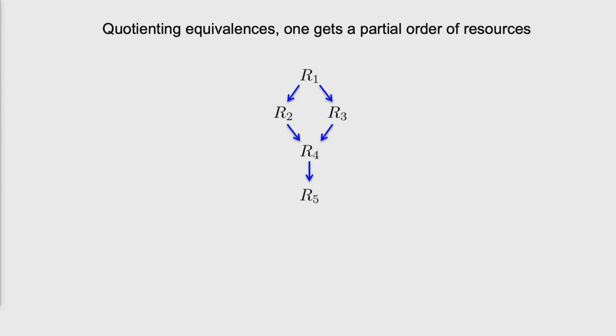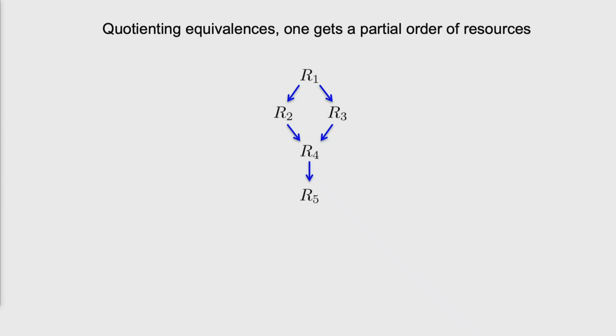And so what we often do is we quotient the whole set of resources with respect to the equivalence relation of being the same under the free operations. And what we really want to characterize is the partial order of the resources. So in entanglement theory, all we really care about for a bipartite pure entangled state is the Schmidt coefficients, because the local basis of Hilbert space is something I can change by a local unitary, and that is already part of the free operations. Local unitaries are free.